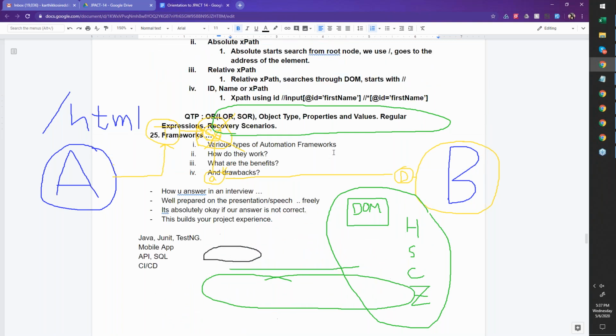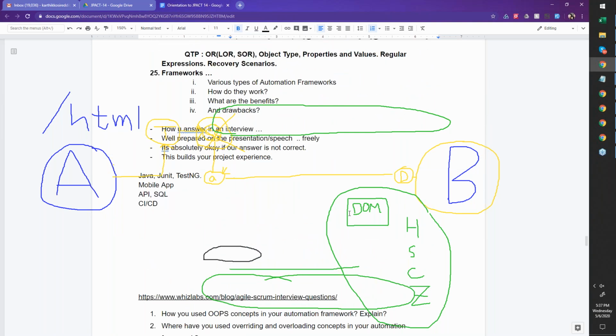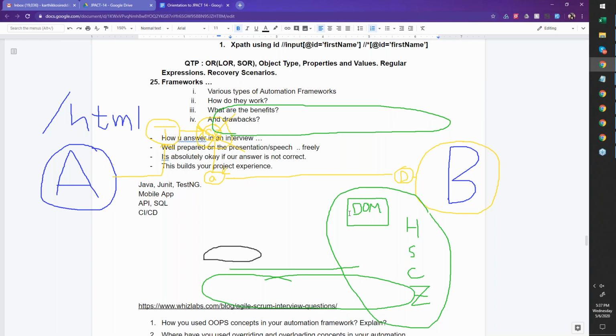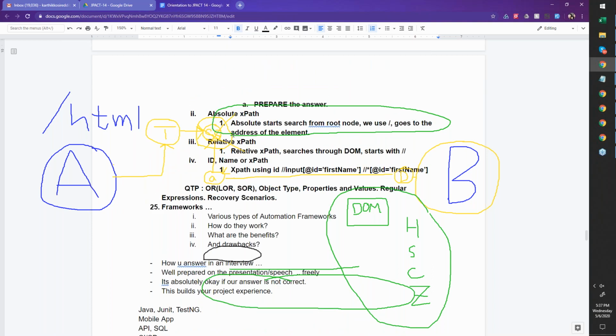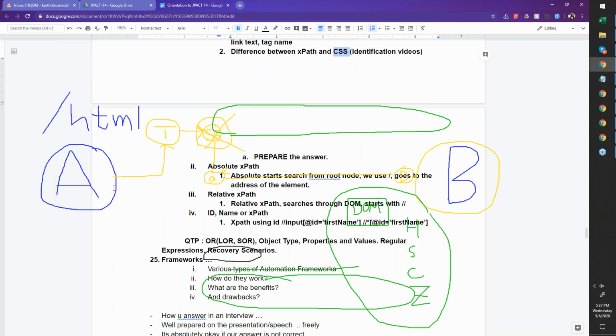So it is about traversing, how to go from A to B for any of these element identifications. A is the start of my HTML page, and then I have to go all the way to where B is. How do I go till that? And those are the two ways. One, use the route map, which says where you have to go, how you have to go. The second is just use the tree attach.